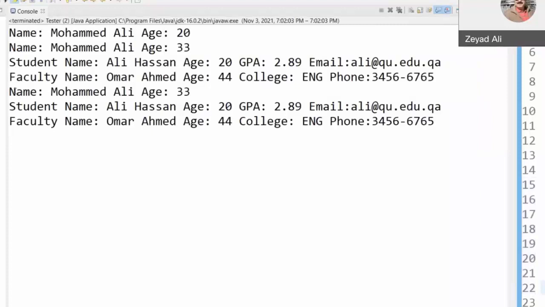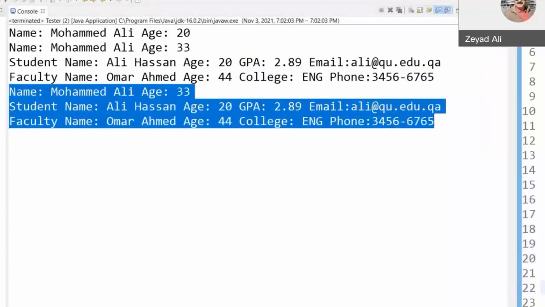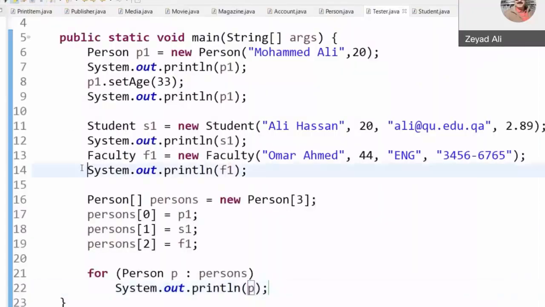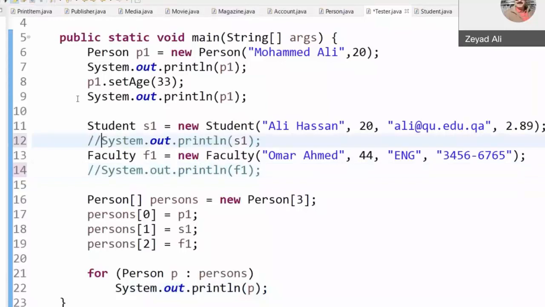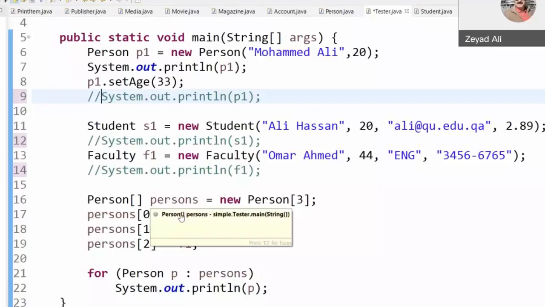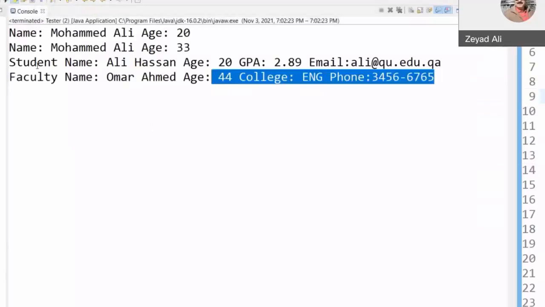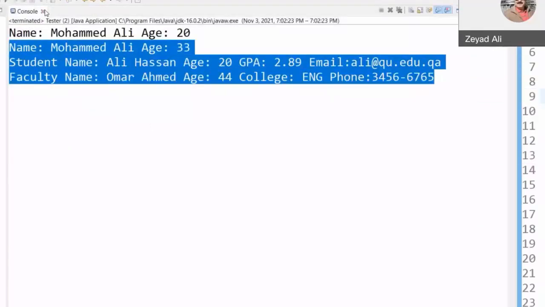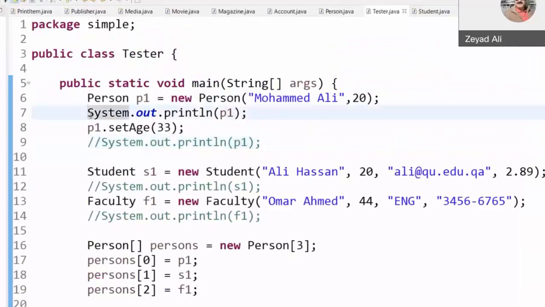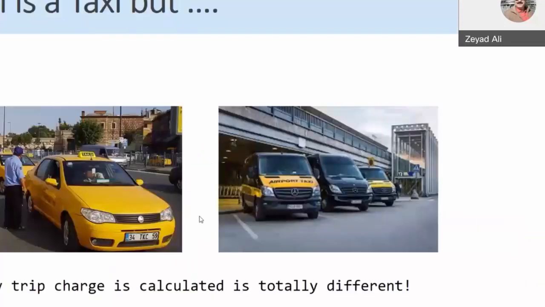Let us see the second output. See, this output is coming from our for loop. If you want to make sure that this output is coming from our for loop, let me comment out any other sysout. So now, persons or any of its subclasses you can put in an array of persons. Here is the output that's coming from the person array. Inheritance is a big topic, and what you need to know is that you can reuse everything in the subclass.